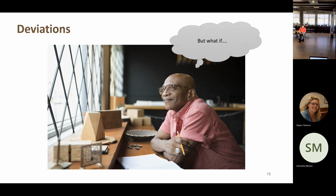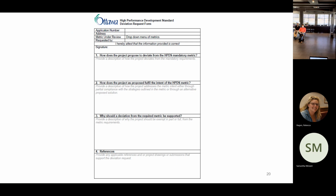So the requirements are set out, but we do allow for deviations. There's all sorts of potential scenarios that we haven't necessarily addressed in all of the requirements. So there's a process for that. It's basically just a deviation request form where you're identifying how you're proposing to deviate, how that deviation is